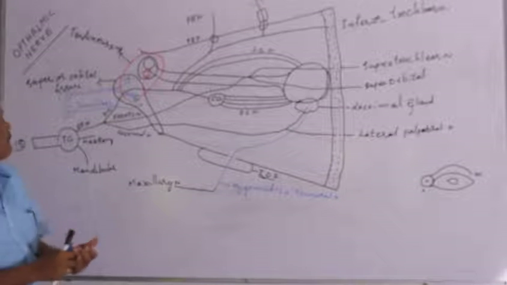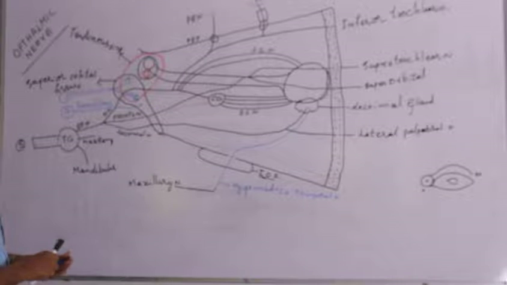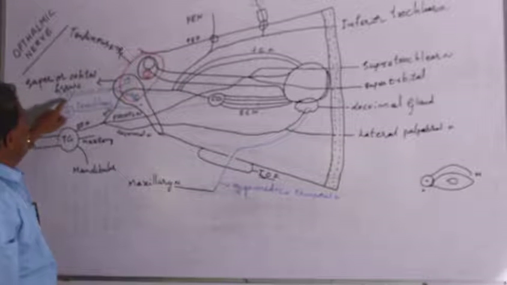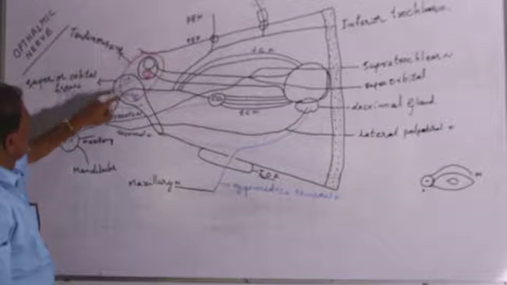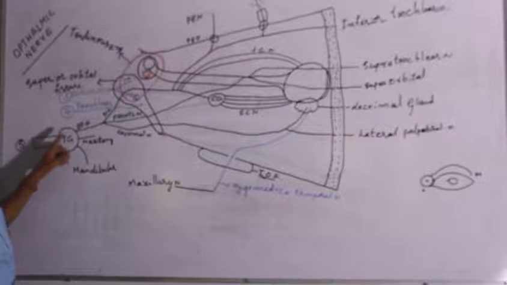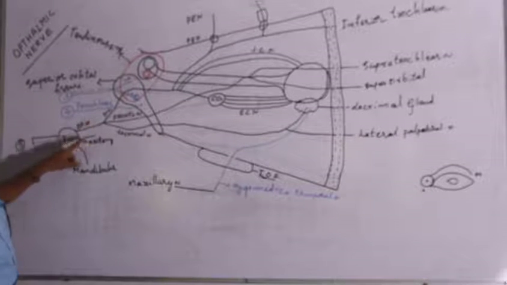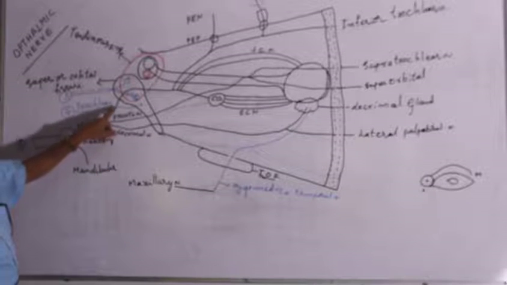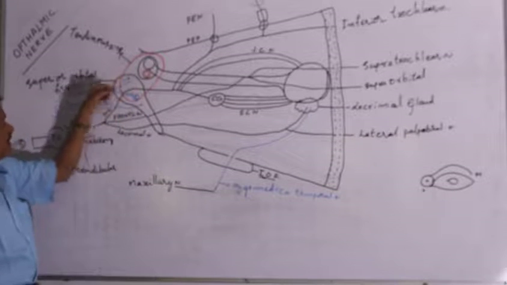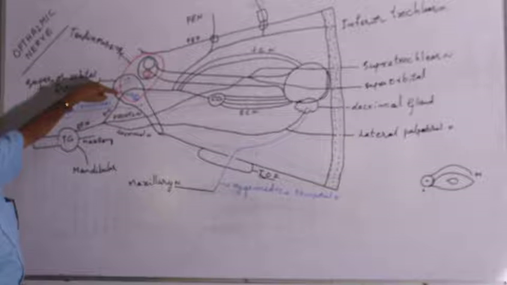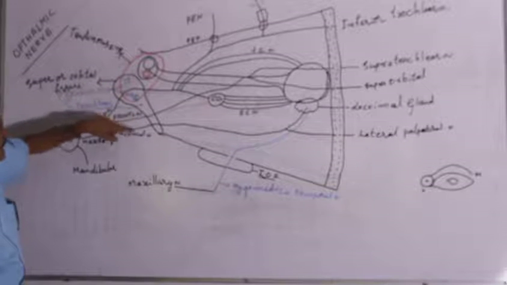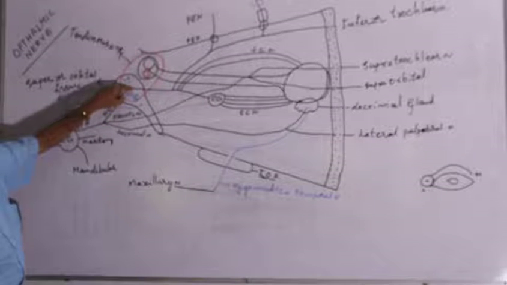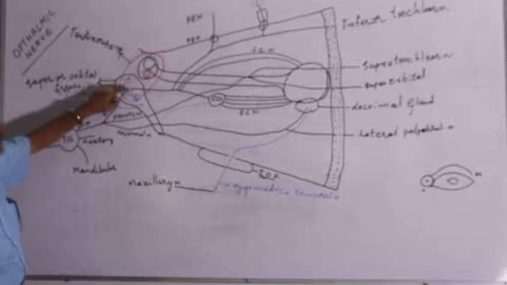Here this one is the superior orbital fissure. The trigeminal nerve gives three branches: ophthalmic nerve, maxillary nerve, and mandibular nerve. The ophthalmic nerve, before entering the superior orbital fissure, gives the nasociliary nerve, frontal nerve, and lacrimal nerve. The nasociliary nerve, on the medial side, enters the superior orbital fissure